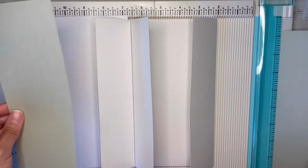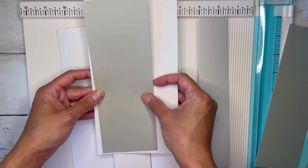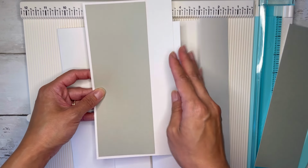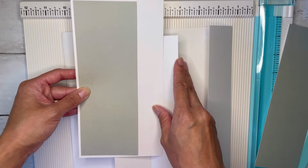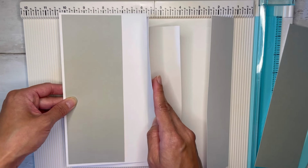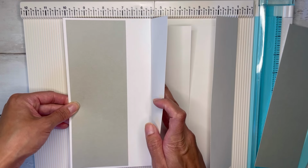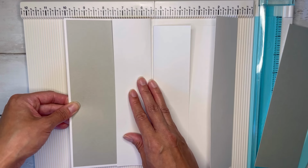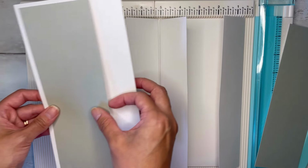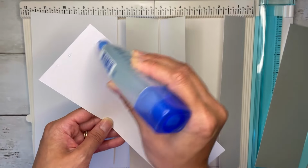So I'm just going to take this piece here and I'm going to cover up this side. So see, you still get that border around your edges there. And then when I go to glue it underneath this flap, that's what's going to show. So I don't really need to cover up the whole thing. So I'm going to start with that first, and I'm just going to glue this piece on,